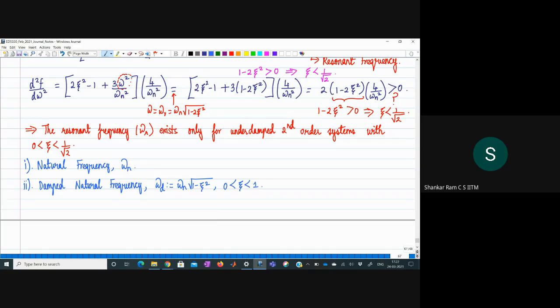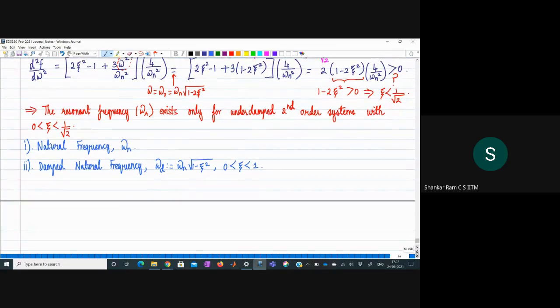So if you have an underdamped second order system, the damped natural frequency is the frequency at which the output of the system would oscillate, right? When provided an input, like a step input or an impulse input, right? Before it asymptotically settles down, right, to its final value. So that's why it's called damped natural frequency, and it makes sense only when zeta is between 0 and 1. Okay, so now resonance frequency is something else,